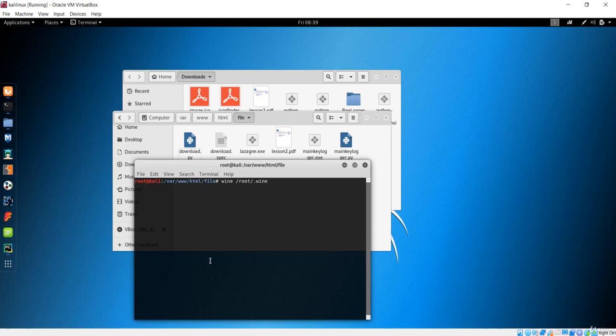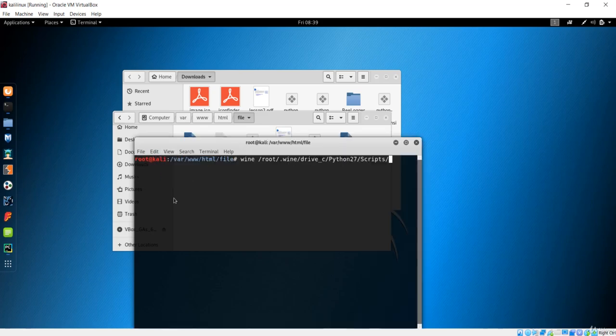It is inside root, .wine, drive_c, then Python27, and inside that we have the Scripts folder. Let me zoom in. Inside that Scripts folder we have this PyInstaller application, which is an .exe.